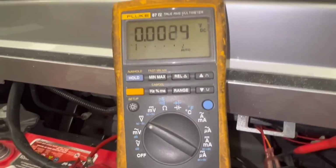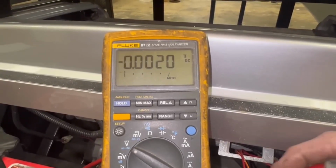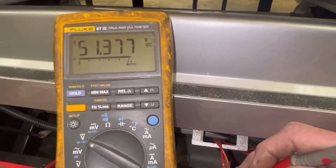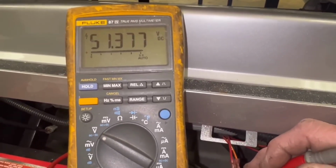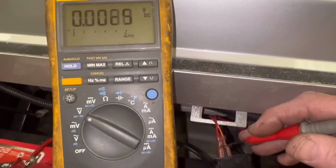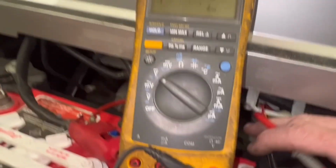And you can see here, get a good reading on it. You can see I have battery voltage. All right, so that tells me my main connection and my fuse, there's an inline fuse between here and the main positive, is good. All right, so what I'm gonna do, I'm gonna go to my other side here,